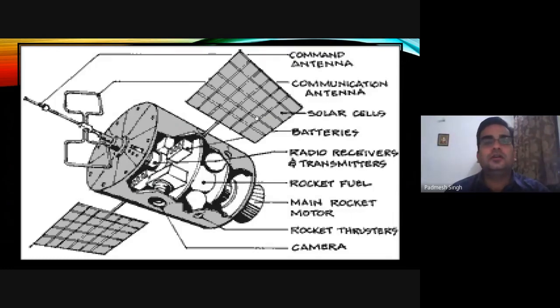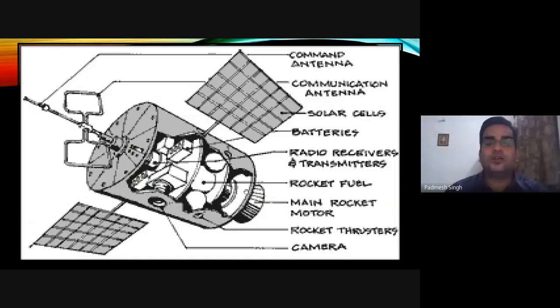Then in a satellite we have this two-wing type of structure. These are the solar panels having solar cells, which are the main source of energy for various functions of the circuits in this satellite. Then we have batteries. These batteries are charged with these solar cells. And we have a radio transmitter and receiver inside this round structure. This is a backup signal transmission radio transmitter and receiver.